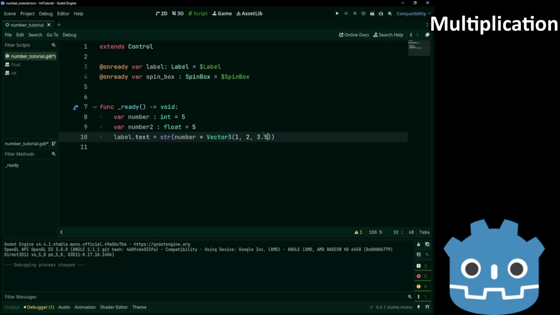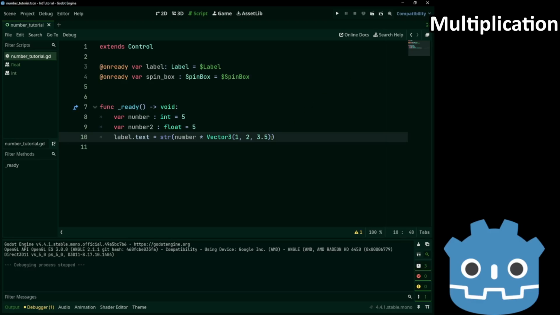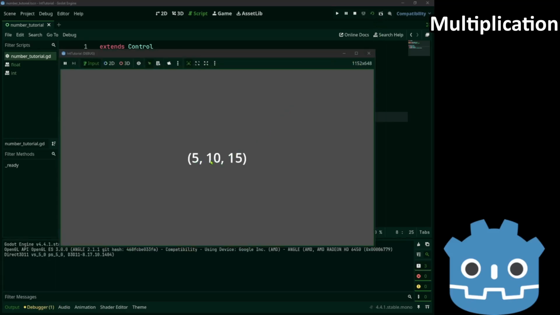Let's pick a float this time. And it multiplies separately once again. Just like before, we have the integer counterpart. As you can see, the third product is 5 times 3 instead of 3.5, so we get 15.